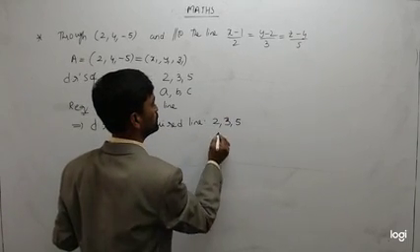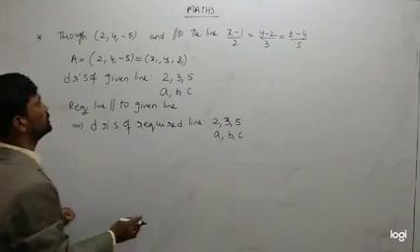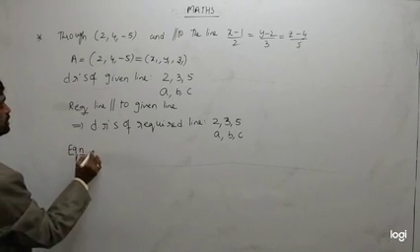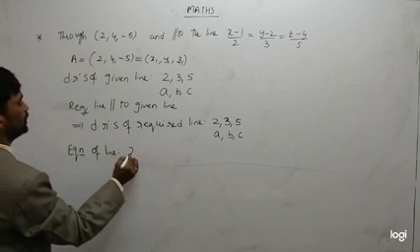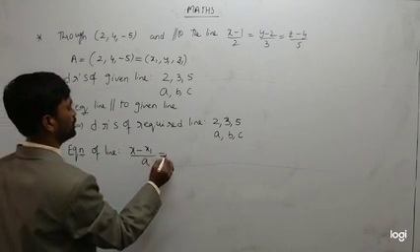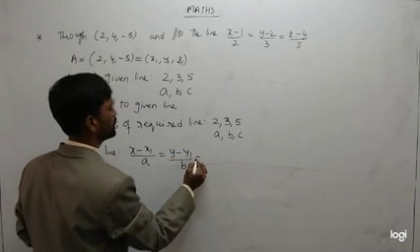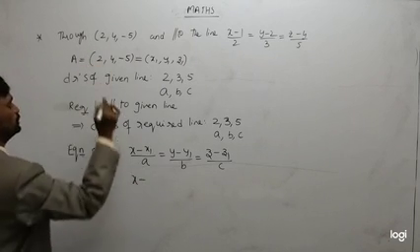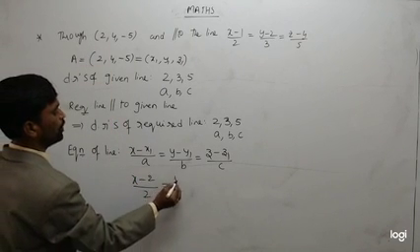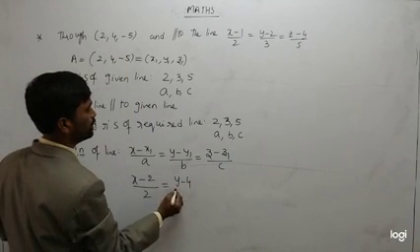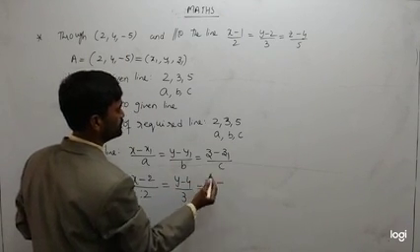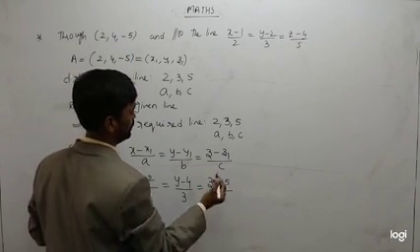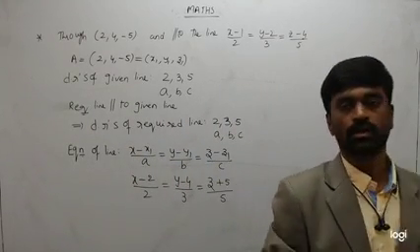Okay, so these are A, B, C. Now, DRs you know and a point on the line you know, then you can find the equation of the line. So the equation of the line is (x minus x1) by A is equal to (y minus y1) by B is equal to (z minus z1) by C. So that is x minus x1, 2, by A, which is 2; y minus y1, 4, divided by B, 3; z minus z1, z1 is minus 5, so minus of minus, plus 5, divided by C. C is 5. So this is the equation of the required line.